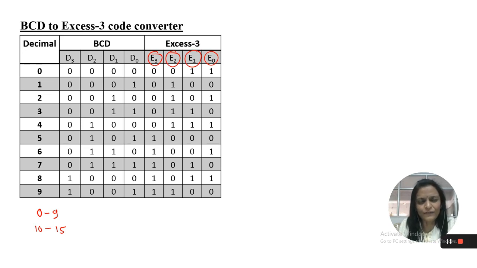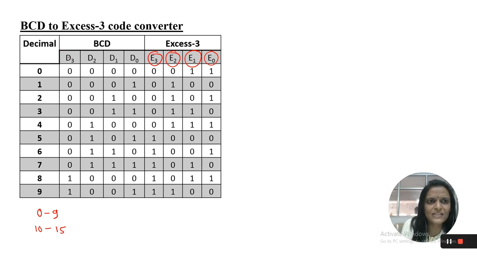Now after preparing the truth table of BCD to XS3 code conversion, what is the next step? The next step is to prepare the K-map. For which variables will we obtain the K-map? Here we know that these are the inputs.